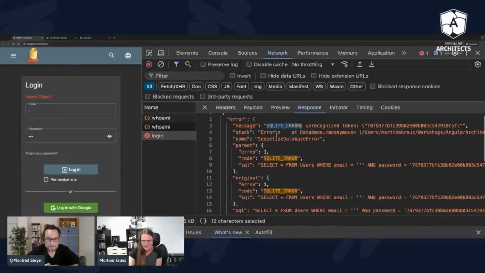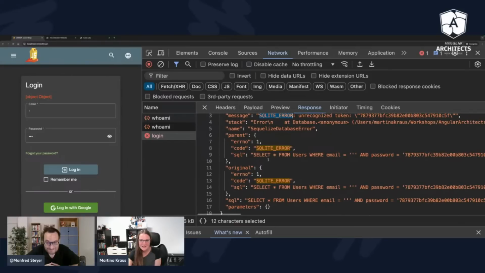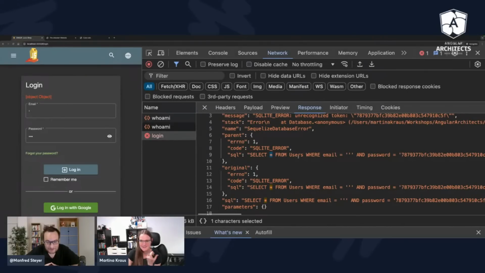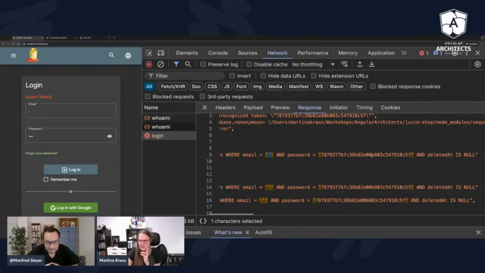And we can actually also figure out how maybe the login mechanism is working, like something SELECT star, asterisk. Is asterisk what it's called in English? Yeah, I think so. Asterisk FROM users WHERE email equals, here is the single quote, and password.